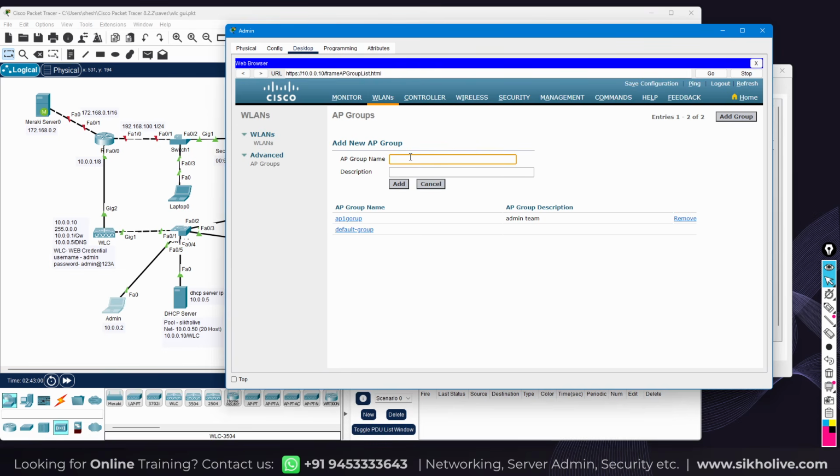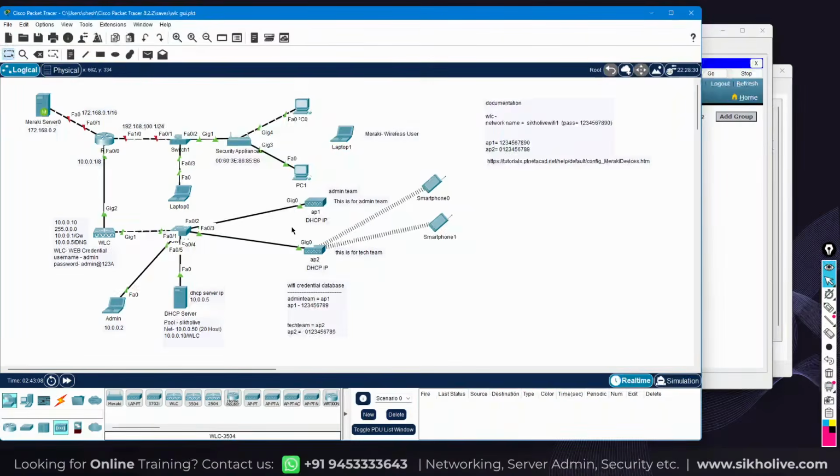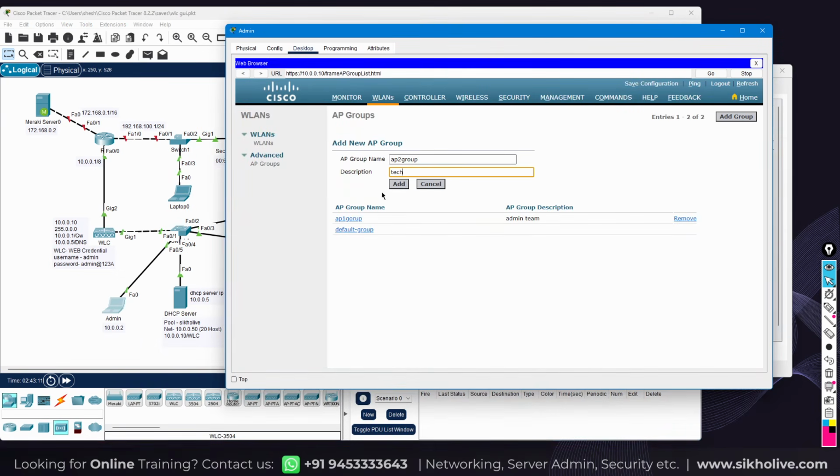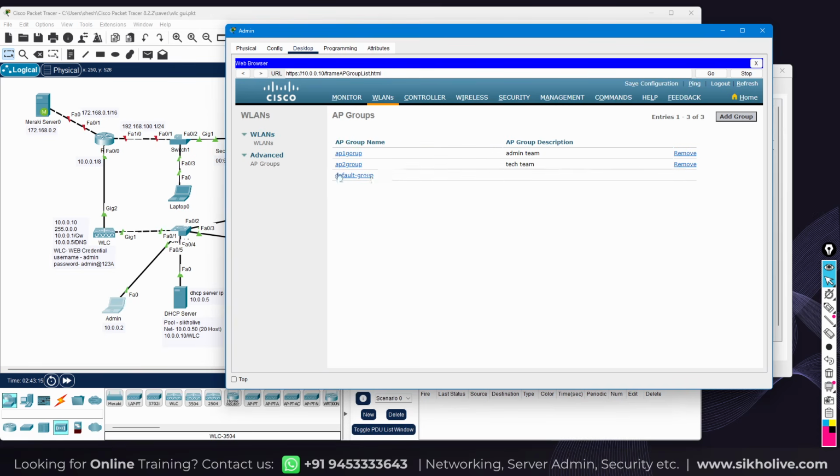So I'm going to use AP2 group. This is for the technical team, which is the second department. So I'm going to use this for the tech team, and then click on the add button. Now it is important to go with AP1, and